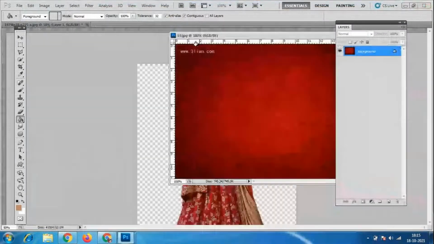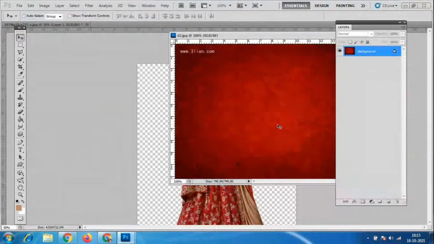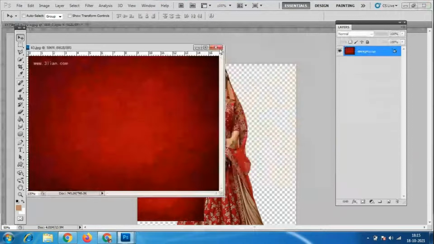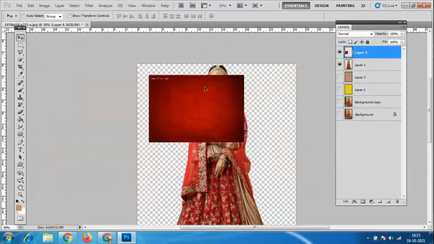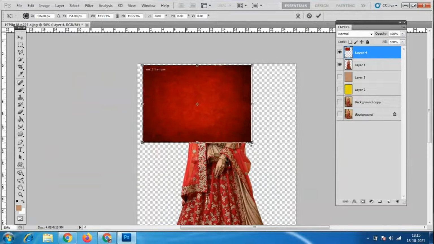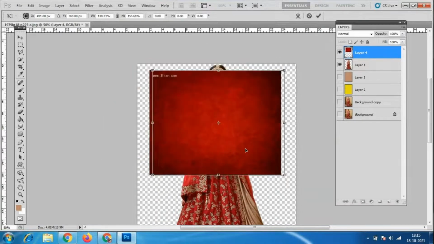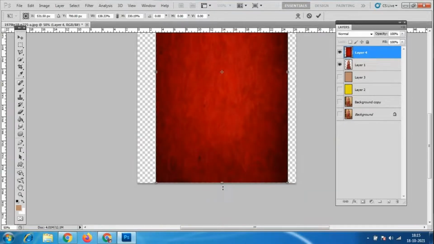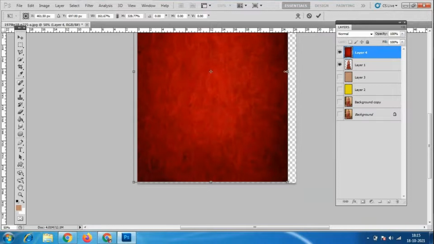So I'm bringing it from here to here. Okay, so I have brought the background here, Control T and Shift. Okay, this background, no need to think so much. Just drag it and keep it like this.